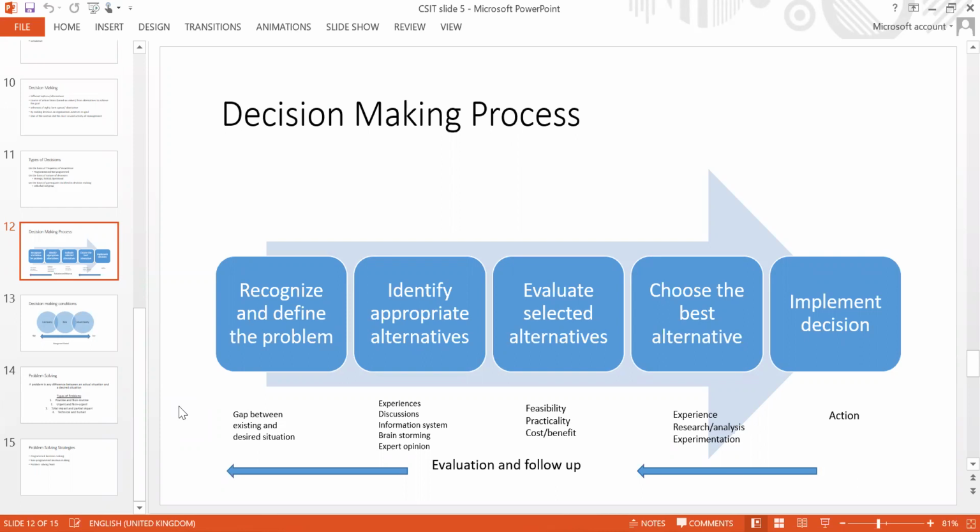So how you choose is also your analytical capacity, your experience. And sometimes you can also do the experimentation. You can use all those